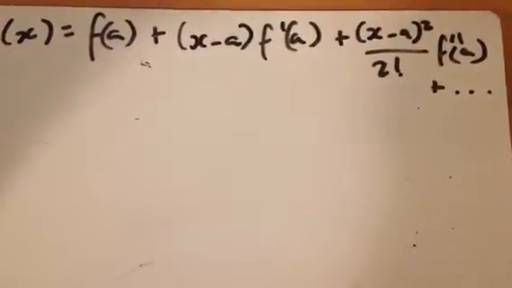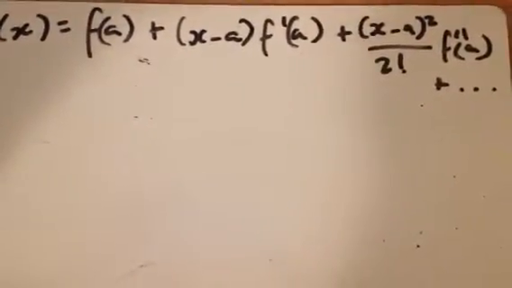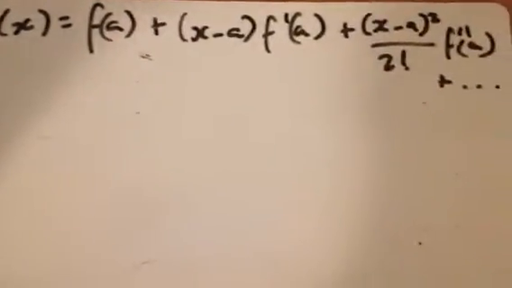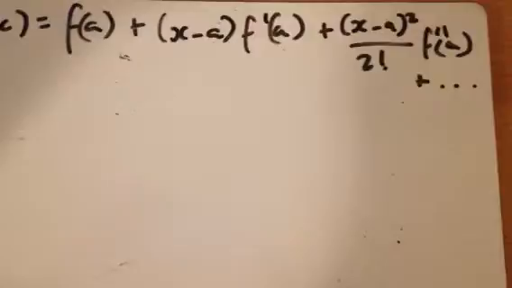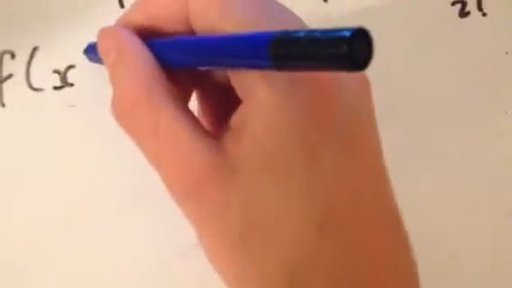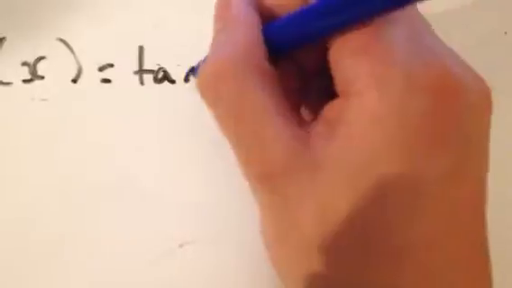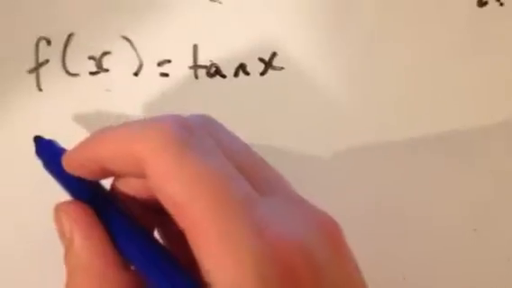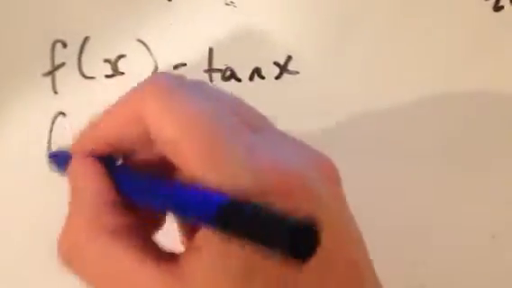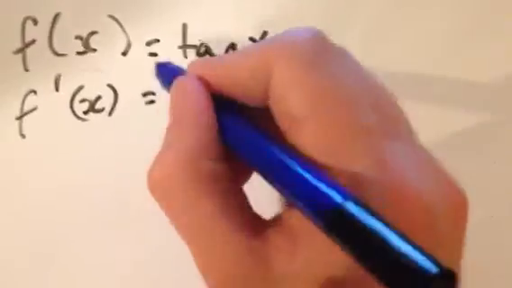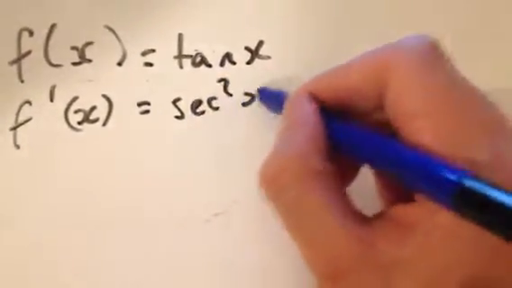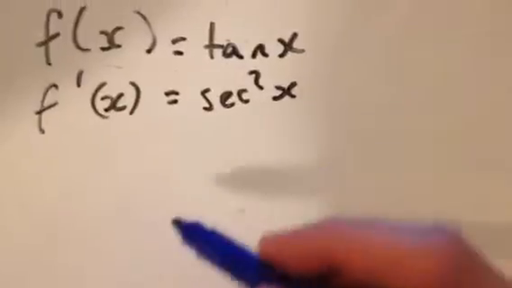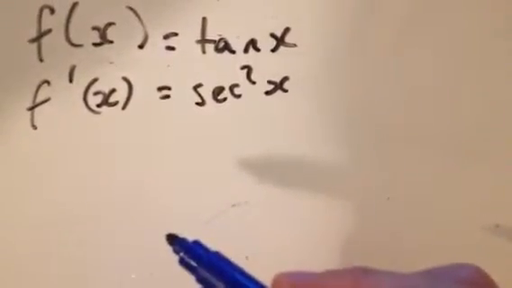Because it wanted it in powers of x minus pi over 4, that tells us that we need to use this formula here, f of x equals f of a plus x minus a, f dash of a, and so on. So we're going to start by letting f of x be equal to tan x, and we know that we're going to have to differentiate this twice to get the term up to x minus pi over 4 squared. So f dash of x is sec squared x,